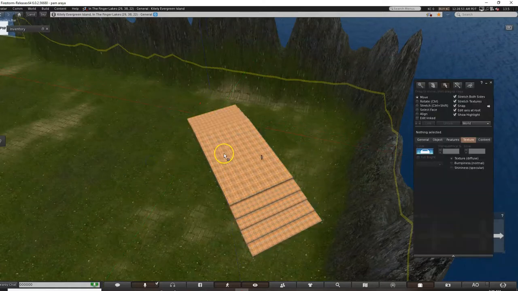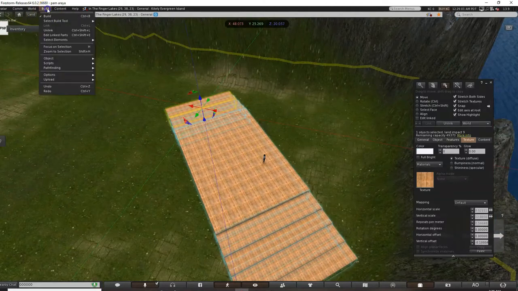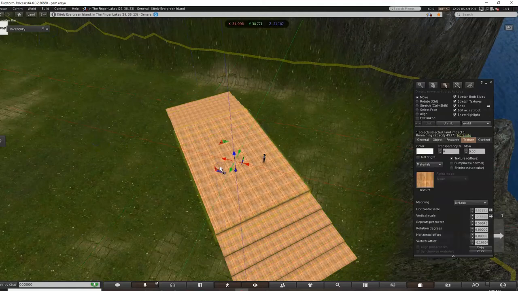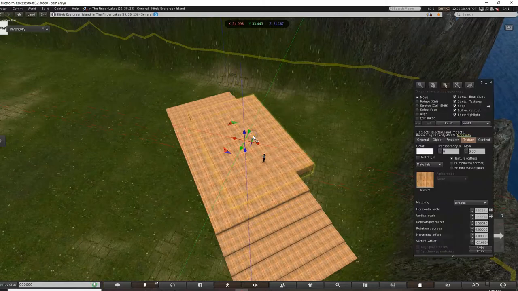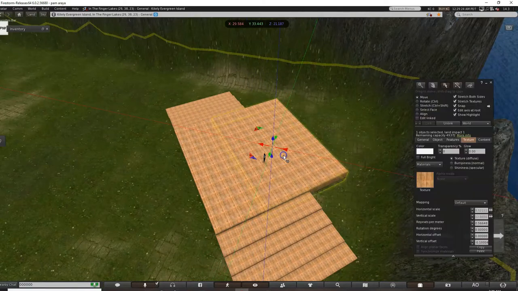Okay, so there's the stage, and I feel like now we need, let's see. You know what? I'm going to unlink it real quick. Unlink. Yep, because I'm going to copy this one because I'm going to create the backdrop. And it's much easier when you copy it and they're already aligned than creating it separately. And then they might be misaligned, and then aligning is just a pain.